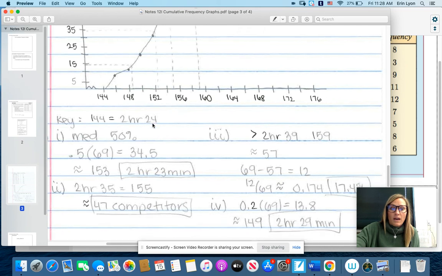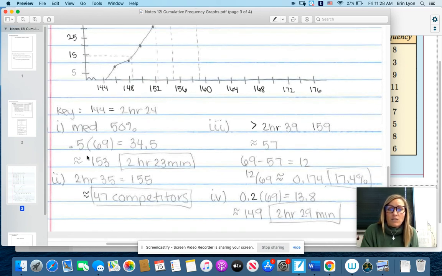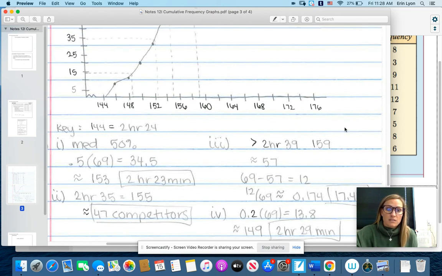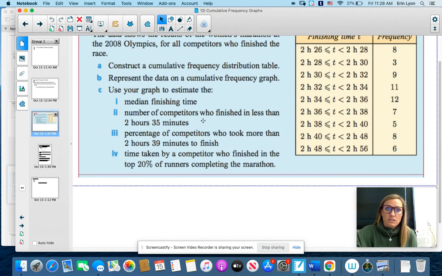So we have around 153 minutes based on my graph. So that's around 2 hours and 33 minutes. That means that 50% of the data is below 2:33 and 50% of the data is above 2:33. The next problem, it's asking us to find, let's see what it actually says, the number of competitors